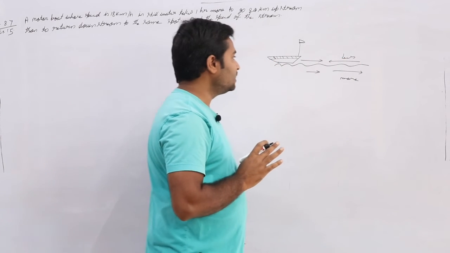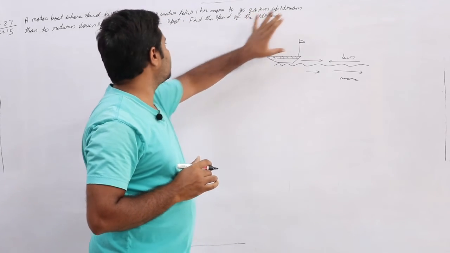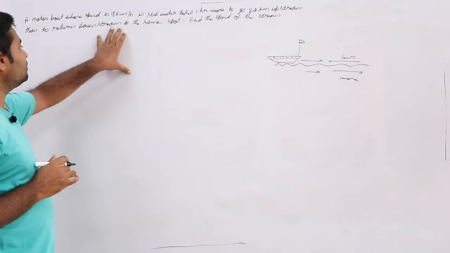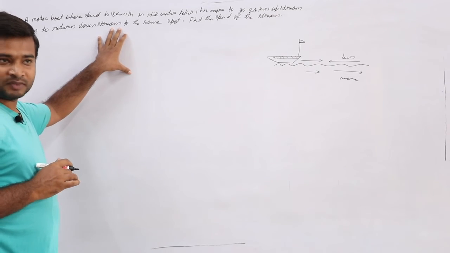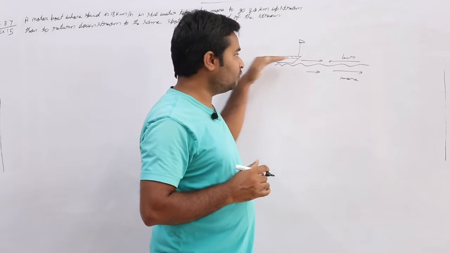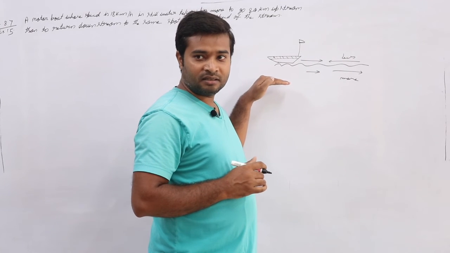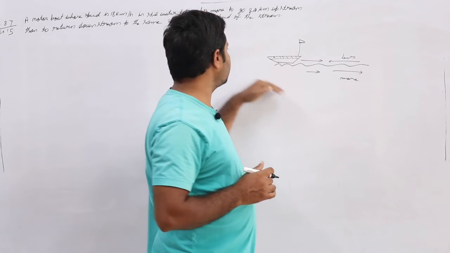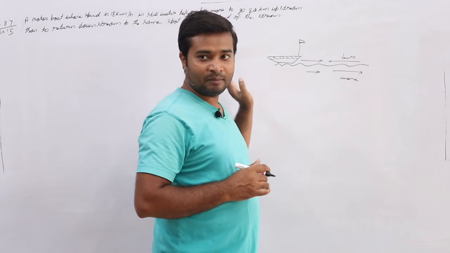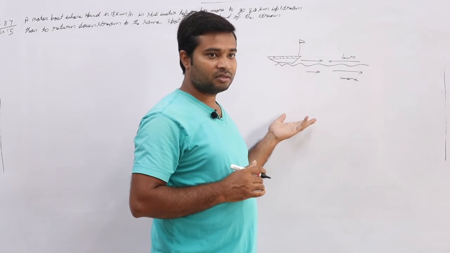Now, it is saying they have to go 24 kilometer upstream and return to the same position. It means starting from here, it went and again returned back. Going, the speed is less, but coming, the speed will be more. Correct? And 1 hour time is also given. Then asking the speed of the boat.